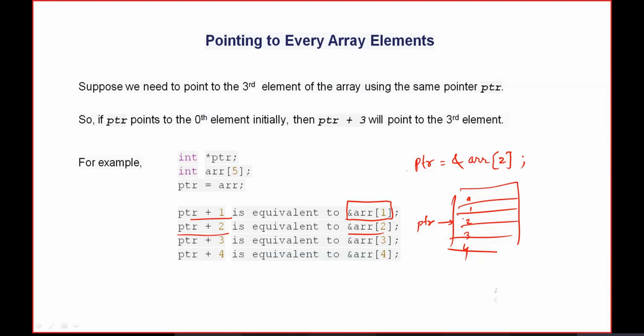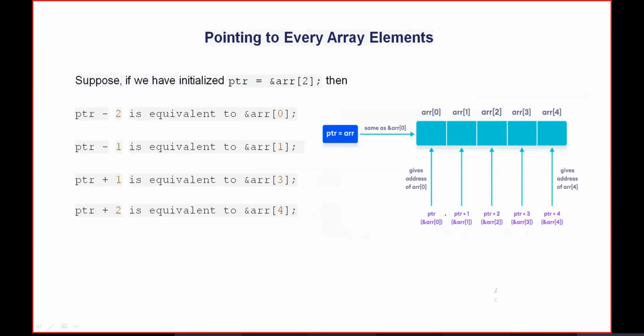So if we want to access the previous, we can say ptr minus 1, so it will point over here. ptr minus 2, it will point over here. Right? Same thing is explained over here. So we are initializing the pointer with the address of any random array element, and then we are moving the ptr either forward or backward by subtracting those many blocks of memory from the